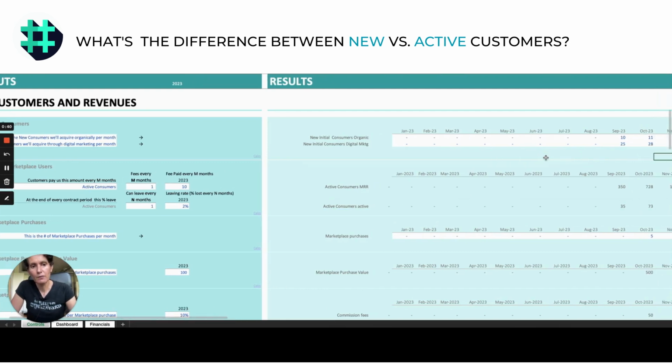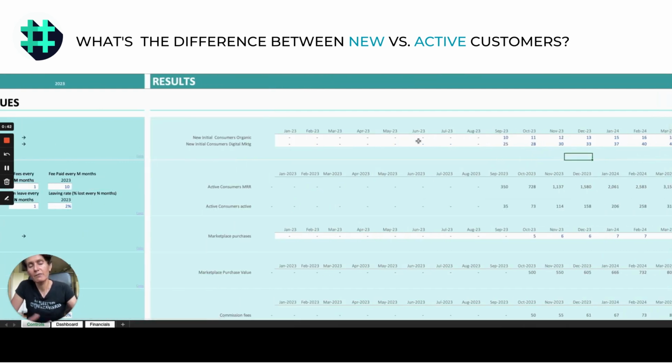So here, for example, you may have a couple of different customer acquisition channels that are bringing you new customers. That could be digital marketing, it could be LinkedIn and other organic channels that you might be using to attract customers to your platform.